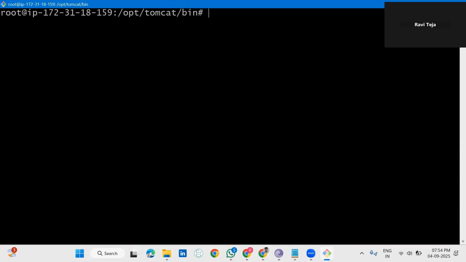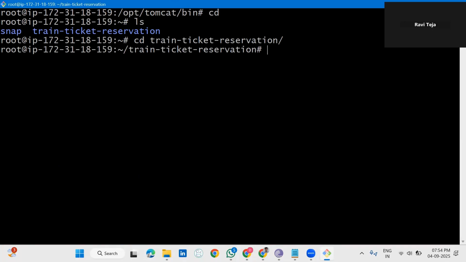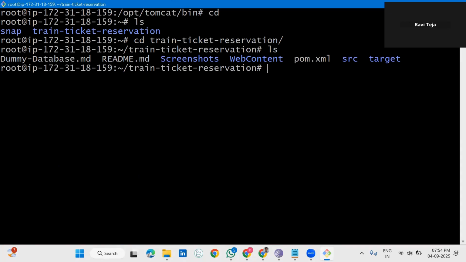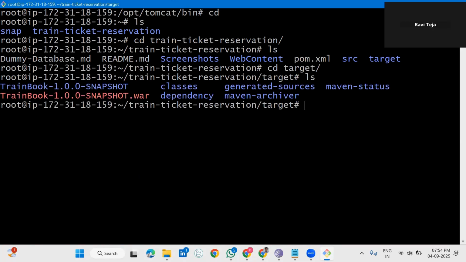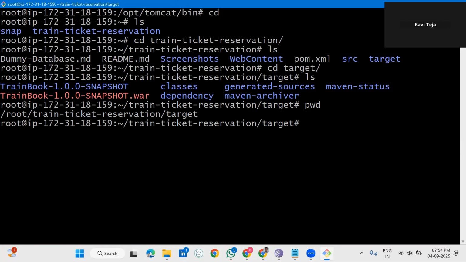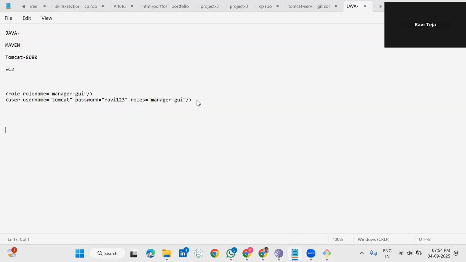Okay, cd, enter, ls, cd train ticket reservation. You have to copy the path, ls, cd target, enter, ls, okay, pwd, which will display the path. So this is the path you have. So copy this, then say enter, paste it here, slash,